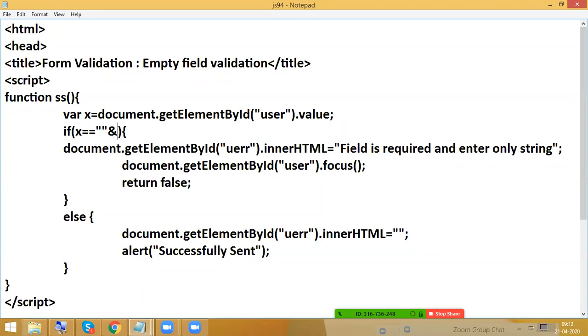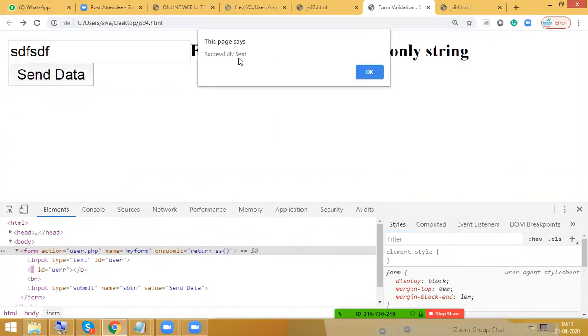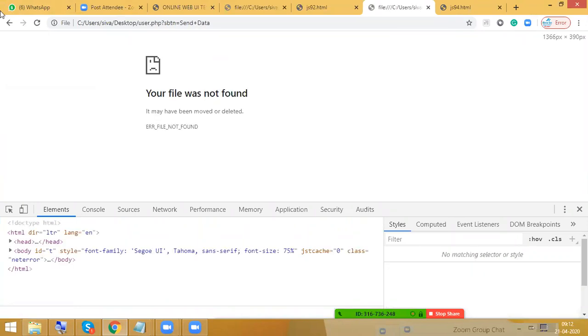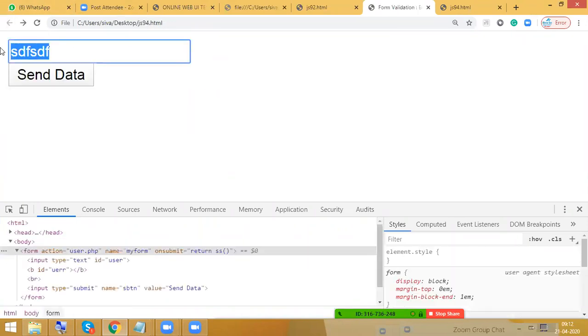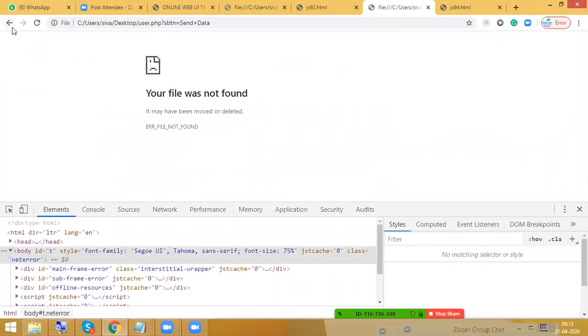Is not a number. If it is not a number, so we need to write an exclamation here. Exclamation means opposite to that condition. Okay, so refresh. Now I'm going to type some string, then it is success. So if I type any number,